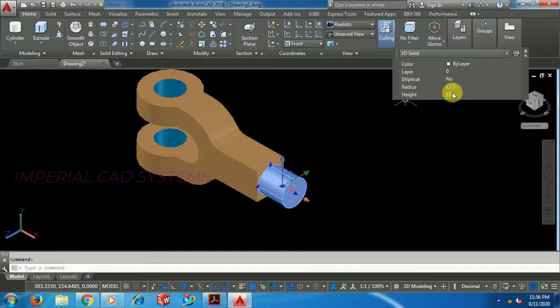To edit again, double click and edit, apply a color.